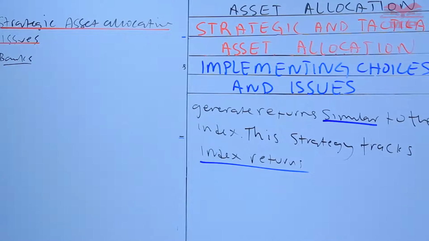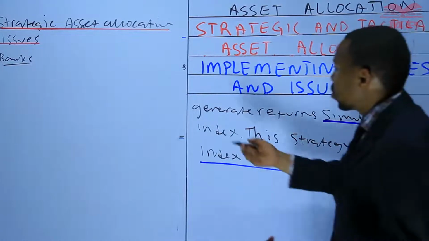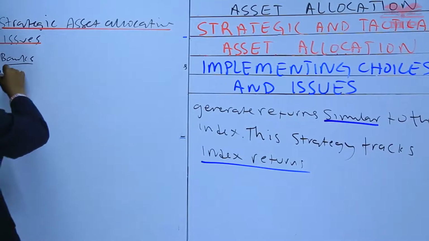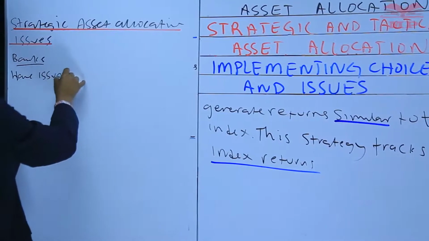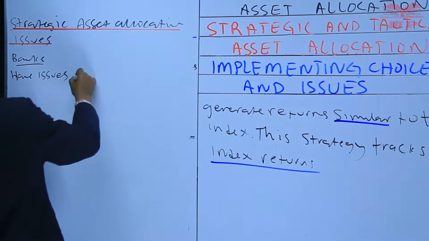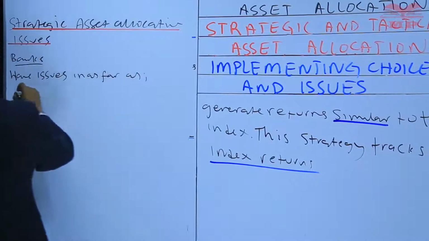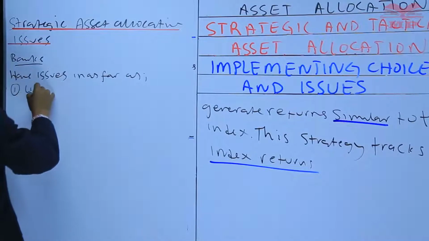So the issues could be in the form of liquidity issues and managing duration. So, liquidity issues: banks have challenges in, number one, liquidity,